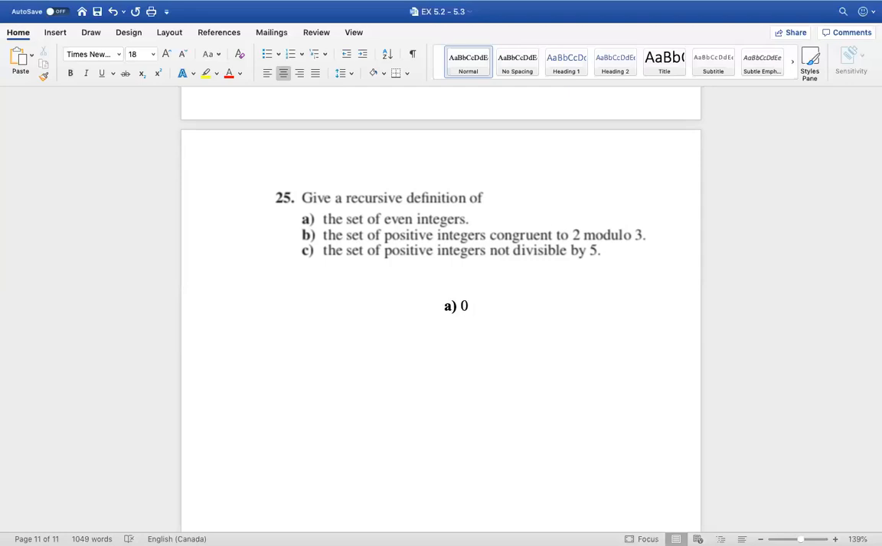So here we have this 0, which belongs to S, where S is a set of even integers. Okay, so we have this 0. We know that 0 belongs to this set of even integers. And if x, so we take any x, right? If x belongs to S, then x plus 2 also belongs to S,